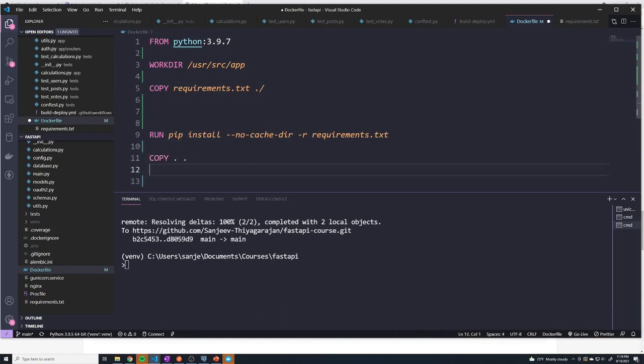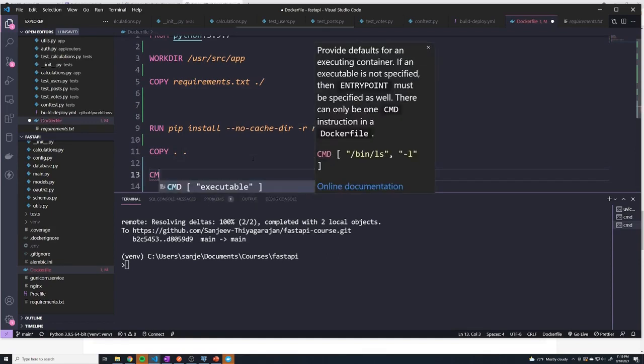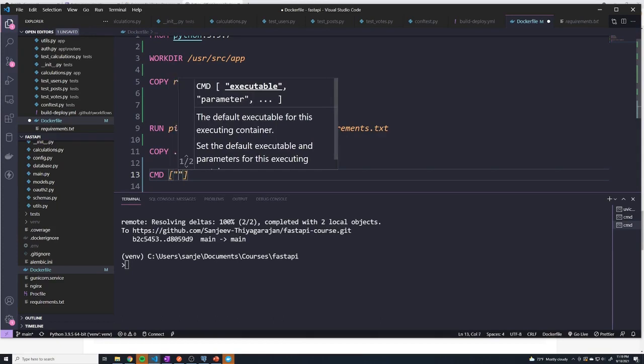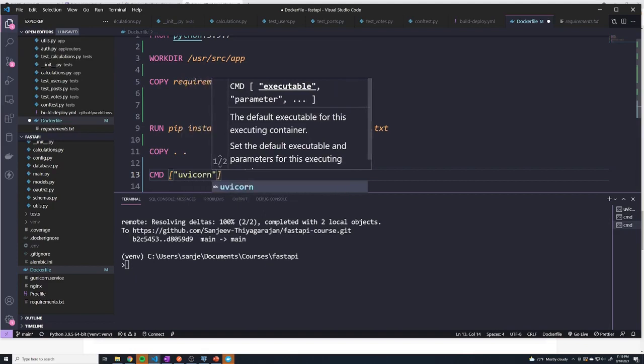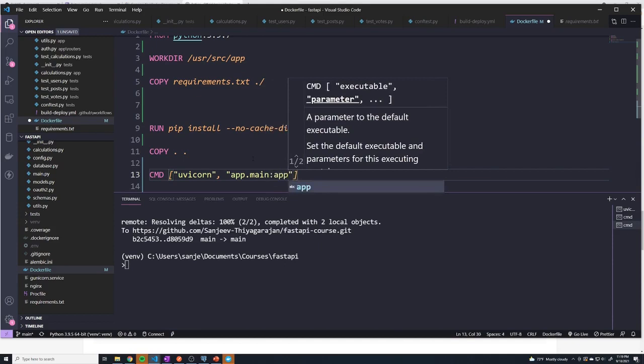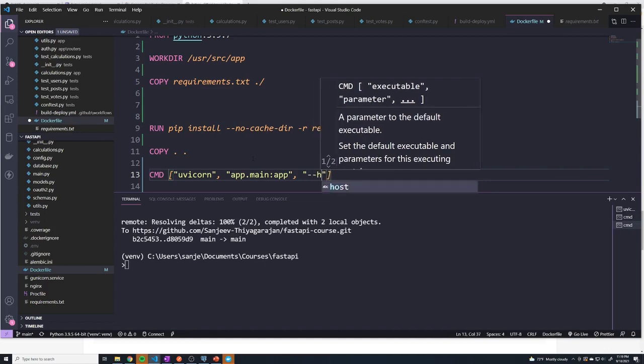All right, and then finally, we have to give it the command that we want to run when we start the container. So we'll say CMD, brackets. And so the command that we want to run is uvicorn app.main:app. And so the way we actually specify the command is we break out each word of the command. So here we do uvicorn, and then we say app.main:app. And then here we're going to pass in the host flag and the port flag like we did on our Ubuntu machine. So we do --host